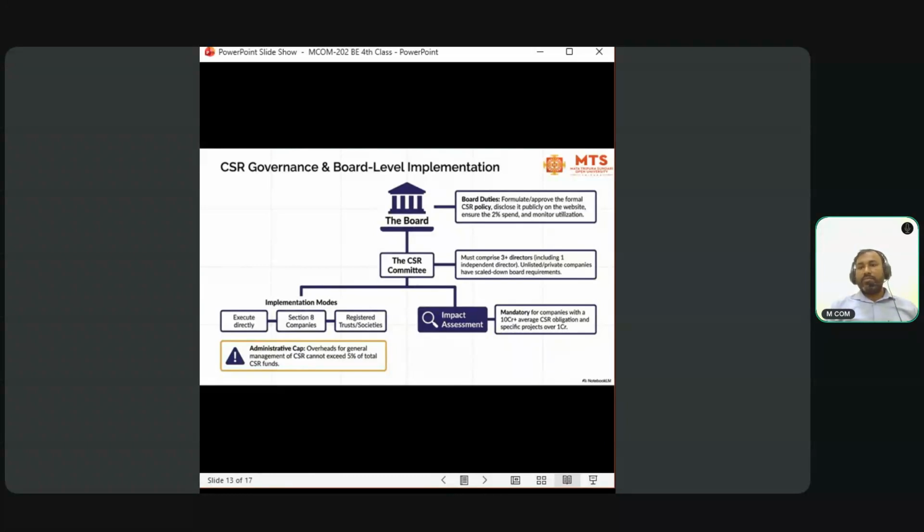Impact assessment is mandatory for companies with a 10 crore plus average CSR obligation and specific projects over 1 crore. Okay, so